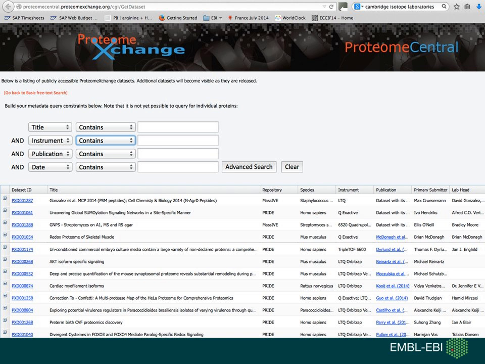What does it really look like? When you use Proteome Central, you can search based on a relatively limited amount of search parameters, and then you get a view like the one shown here. The identifier, the dataset, the title, which repository, short sample description, instrumentation, the supporting publication, submitter, and something which has been introduced more recently on request, the lab head, and this has actually worked quite well. It was something we didn't think about in the beginning, but many people requested, and it has worked out well